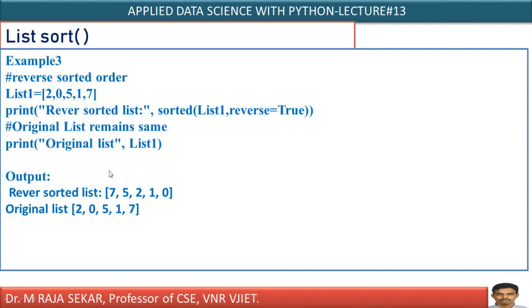And reverse of list. Even this sorted function is useful for displaying reverse of list. This is list 1. This sorted function takes arguments. This is the original list. Reverse equal true. If you say reverse equal true, this will sort the elements in reverse order, means in decreasing order. Earlier it was sorting elements in increasing order, whereas the original list will not get affected. It will create a new list. That new list can be displayed, isn't it?